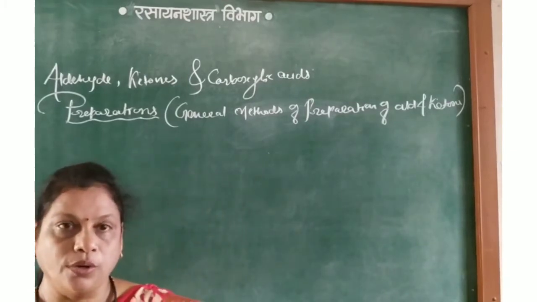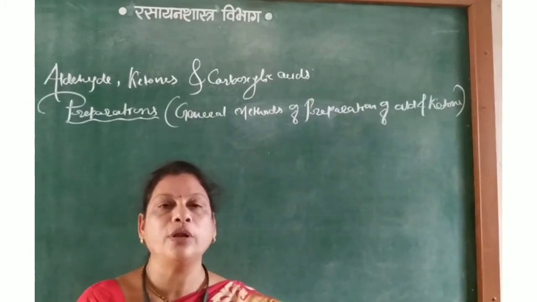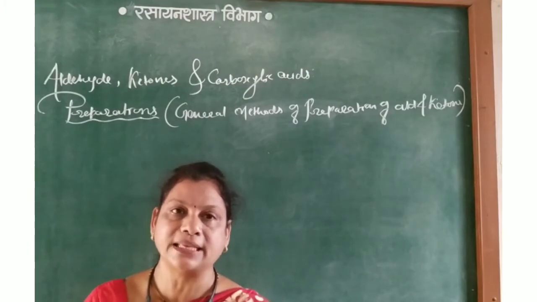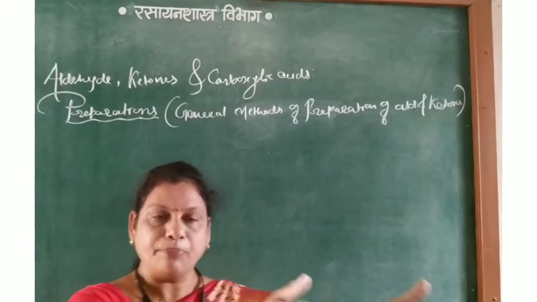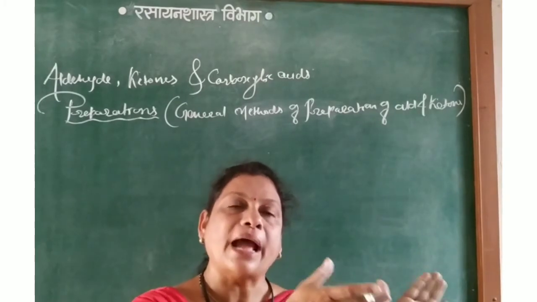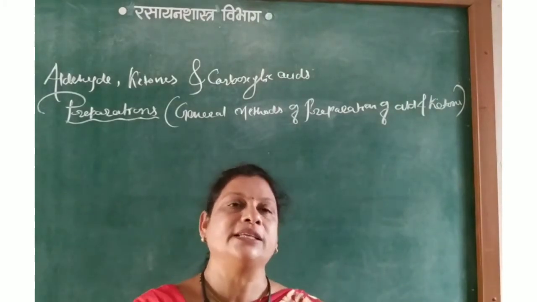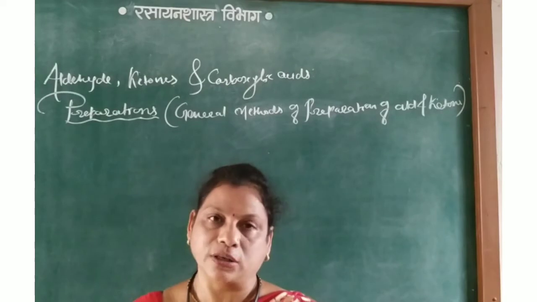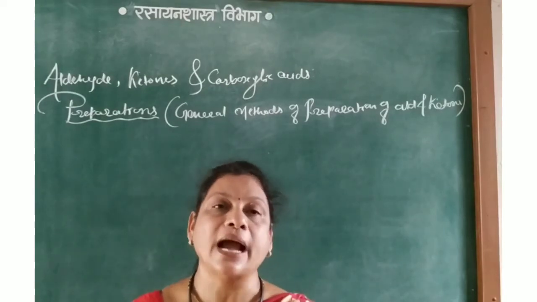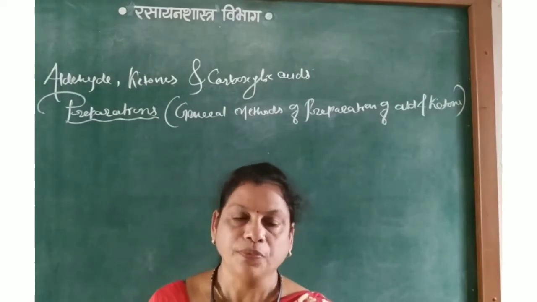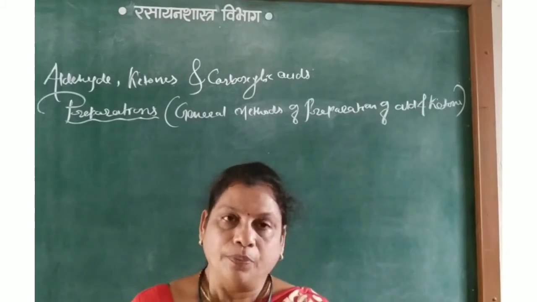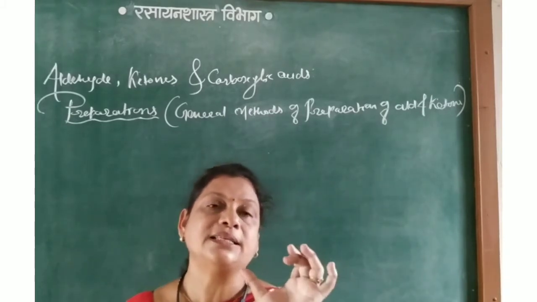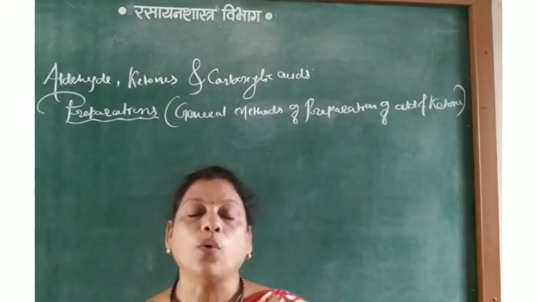dehydration of alcohol. So dehydration of alcohol in presence of 40% sulfuric acid gives aldehyde and ketones. See the previous chapter, the chemical reactions of alcohol, the oxidation as well as dehydration of alcohol. Then next one, in the 11th standard, in chapter 15, that is in the hydrocarbons, here